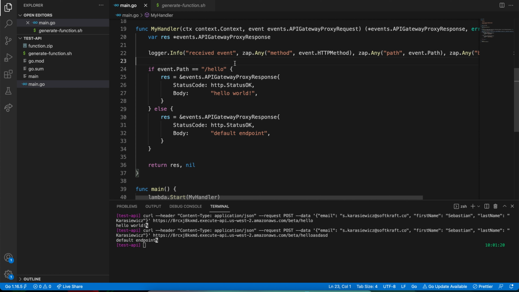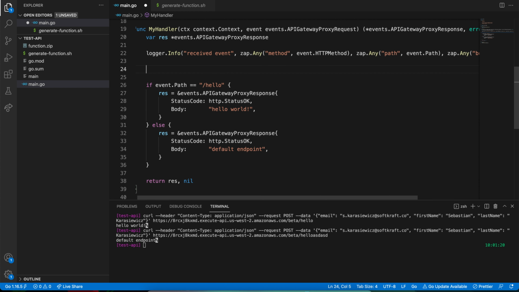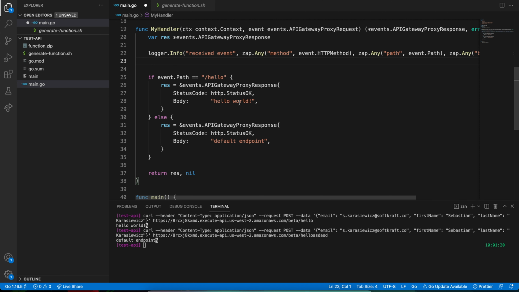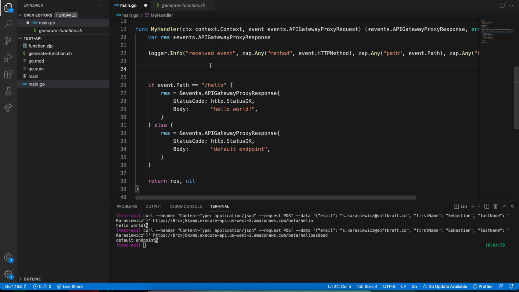One last thing we'll do, I'll show you how to set up just a JSON response. So instead of putting hello world in the body, you could have whatever data you want to return. If you set up RDS or you're using a database to make some queries, you could format the response and return that right here. So let's go ahead and do that. So we'll say body,